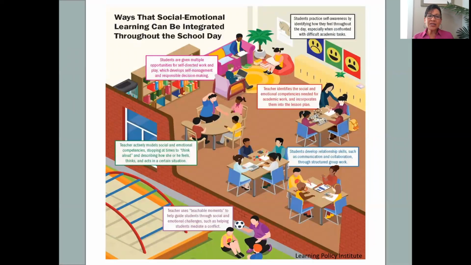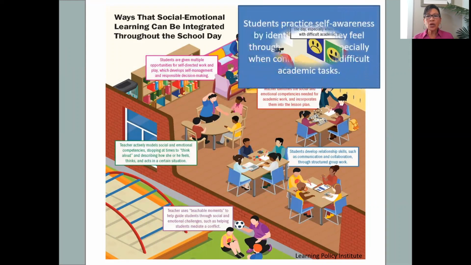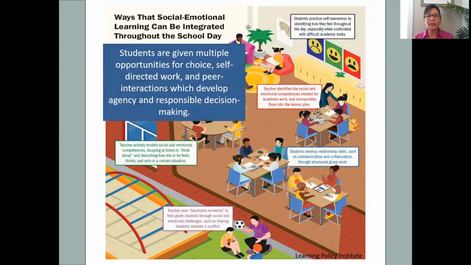And then some other ways that social emotional learning can be integrated throughout the school day. Really helping students practice self-awareness by identifying how they feel, especially when they're confronted with difficult academic tasks. So taking a moment to stop and pause and check in with them, and then give them some strategies to move forward. Give them multiple opportunities for choice in what they might do as far as work or self-directed work or peer interactions,